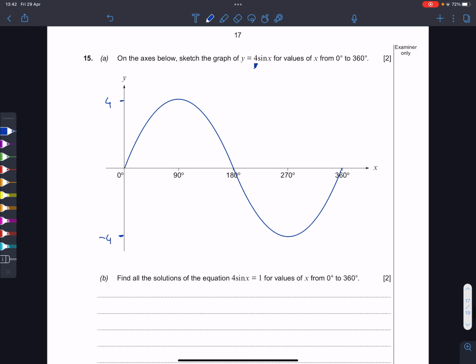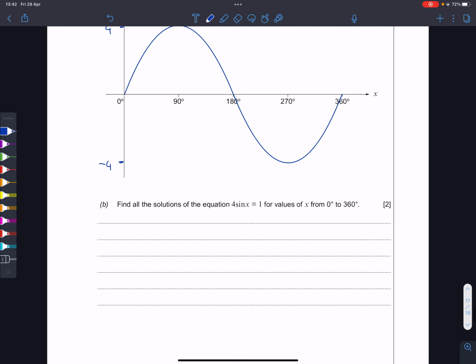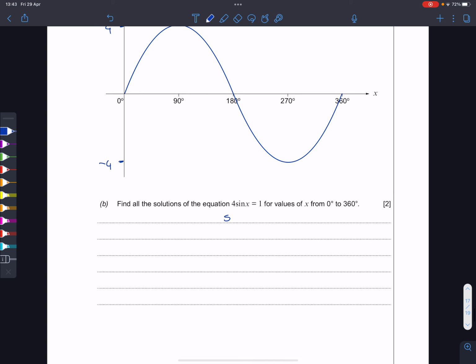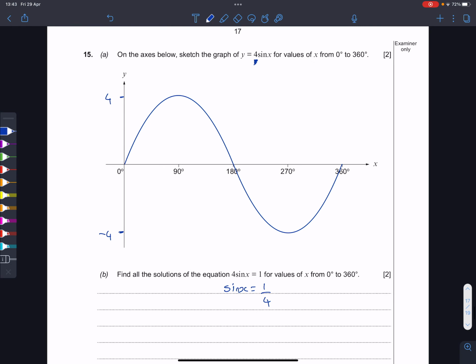Okay, so let's have a look. We want to find all the solutions of the equation 4 sine x equals 1. So that's the same as having sine x equals a quarter. So we've got the graph of 4 sine x. That's 2. This is 1. So if I draw a line across at 1,